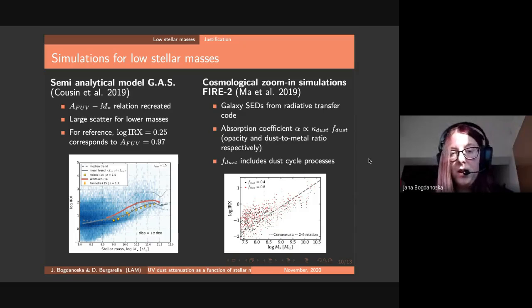So in a way, we justify our results to use a flat part of this function, a kind of average, to explain this part of the dependence between the dust attenuation